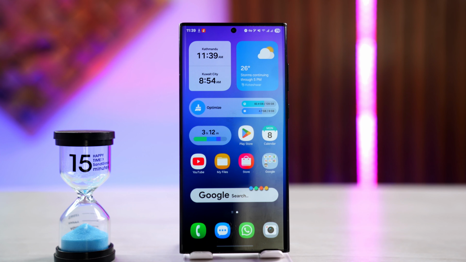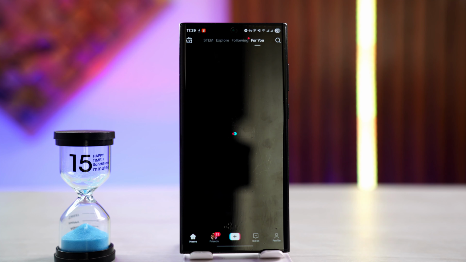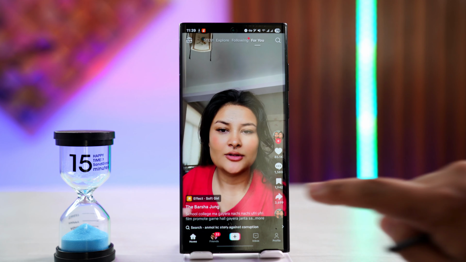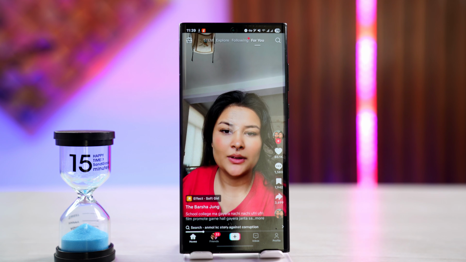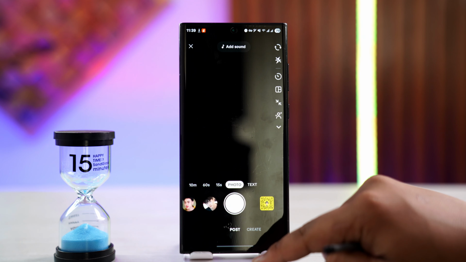If you want to zoom in and out of a TikTok video, what we can do is go ahead and launch the TikTok application here. Then once you launch the TikTok app, this is the interface that you'll be able to see. Now when you've done that, you can just tap on this little plus icon from the bottom of the screen